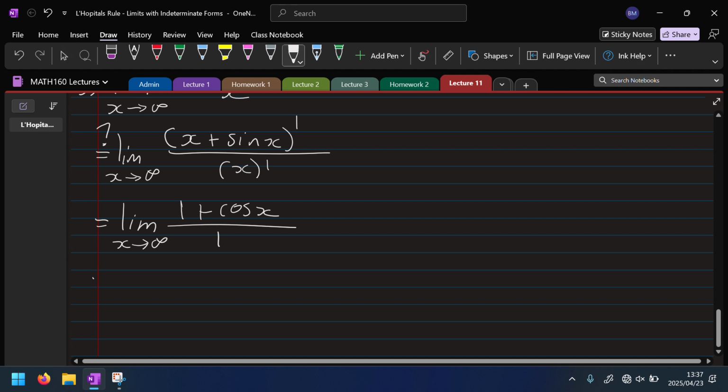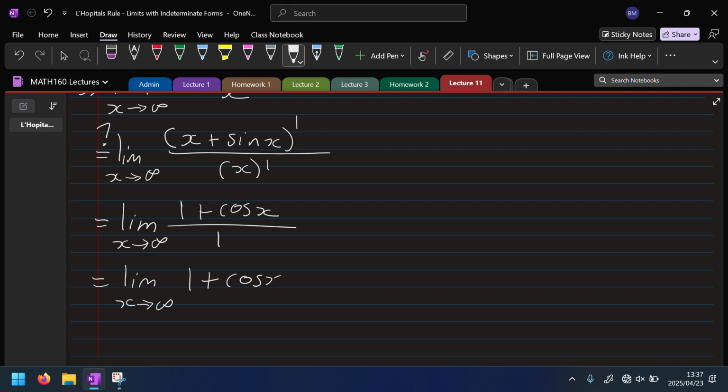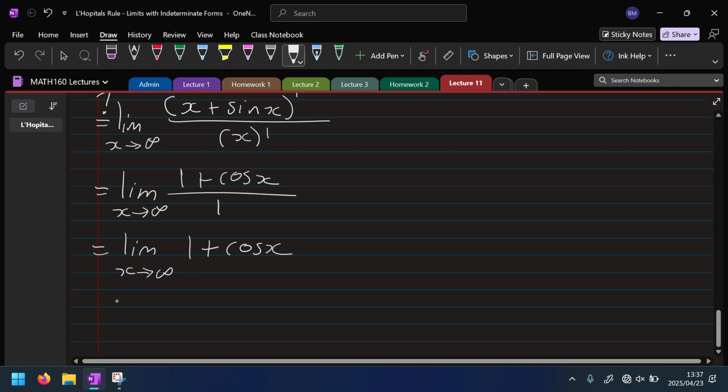Okay, so this is going to be the limit as x goes to infinity of 1 plus cos x. But this limit does not exist. Cos x will go between minus 1 and 1 constantly. So when x goes to infinity, it still goes between minus 1 and 1. There's no limit to this. So here,